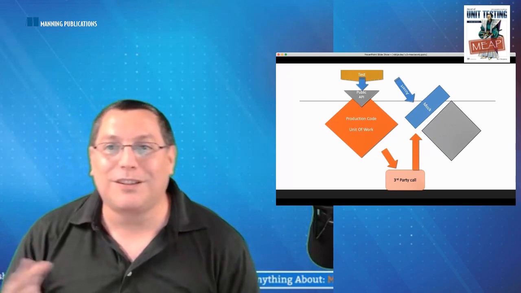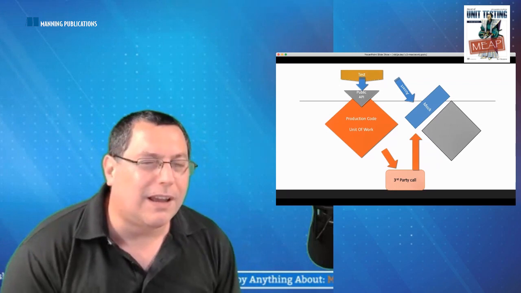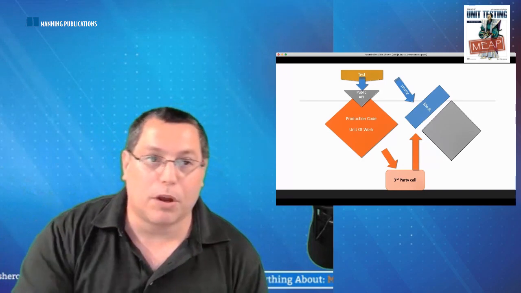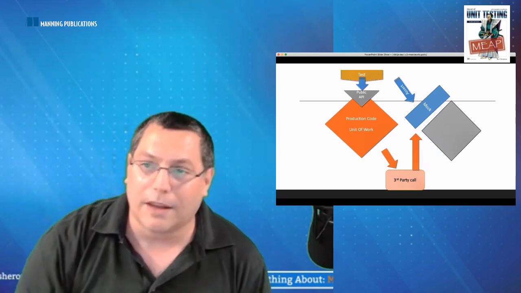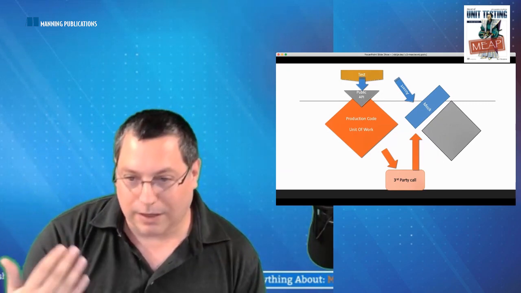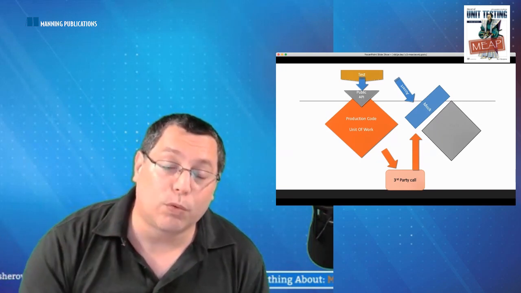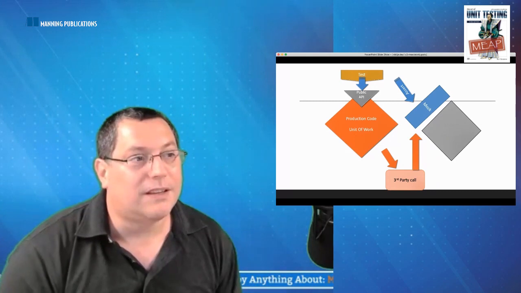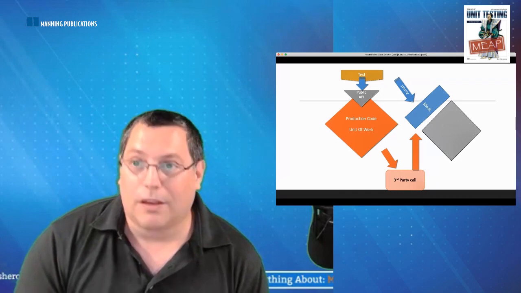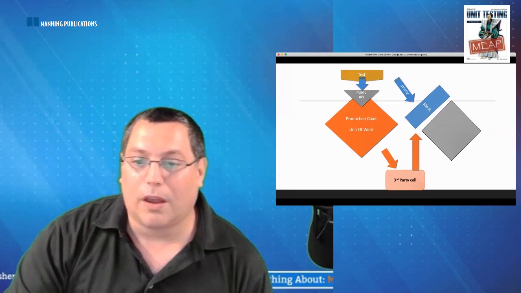Now, by the way, this is where the way people call things really is important. If I'm saying that I'm going to mock the database, and I'm going to mock the logger, I'm going to mock this, I'm going to mock that, when I say I'm going to mock something, basically in my head that translates to I'm going to create a fake version of that, and I'm going to assert that it was called. But most people, when they say that they're going to mock something out, they actually mean that they're going to stub that thing. I'm going to stub the database and return a fake value. I'm going to stub this, and I'm going to return something else.